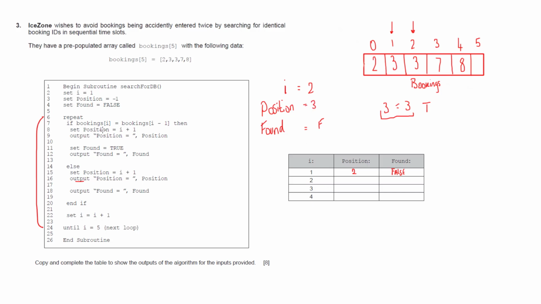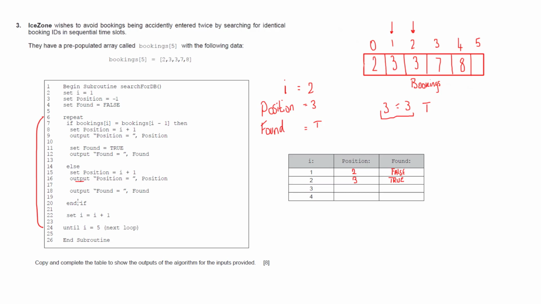And then it says output position equals position, and that means we put the position outputted in our table, and then we say set found equals true. So found changes its value to true. And that means we update it and output it in our table, because on line 12 it says output found equals true. And there we go. Once we've done that, we finish this, we jump to line 20 because we've finished